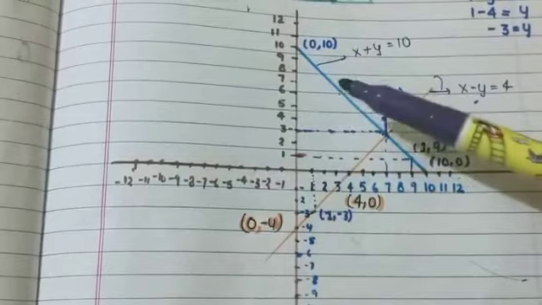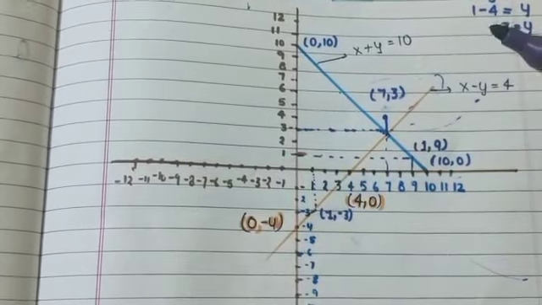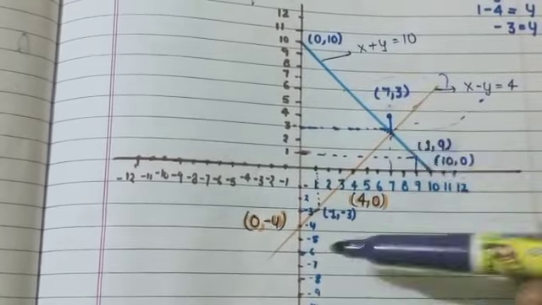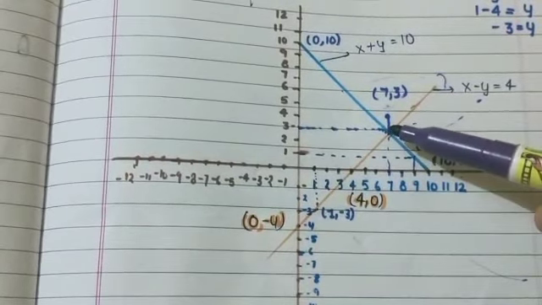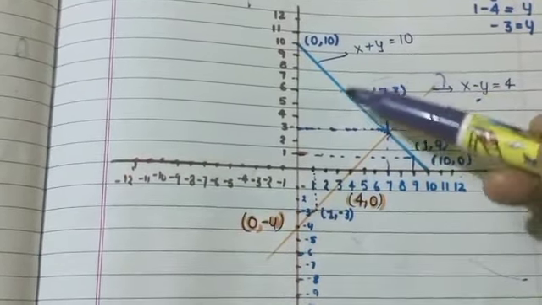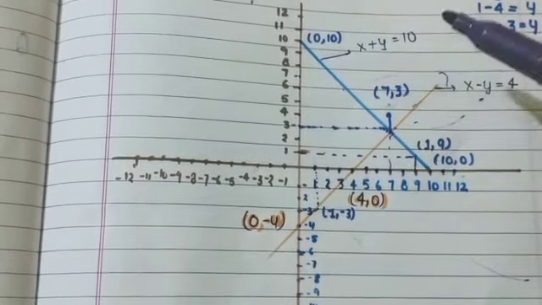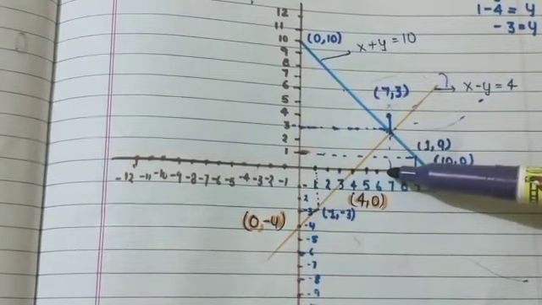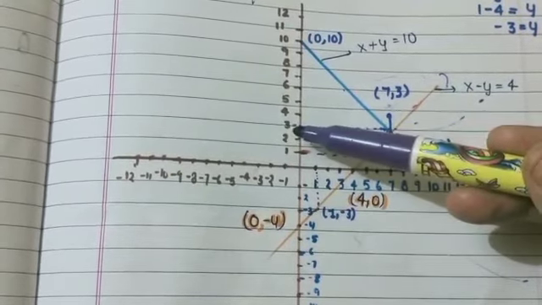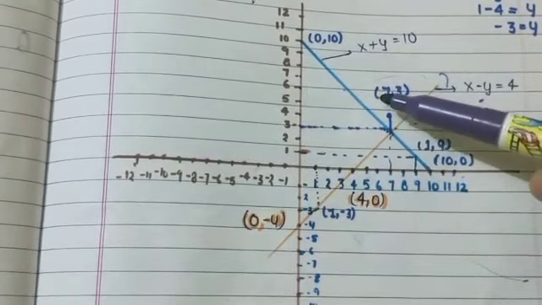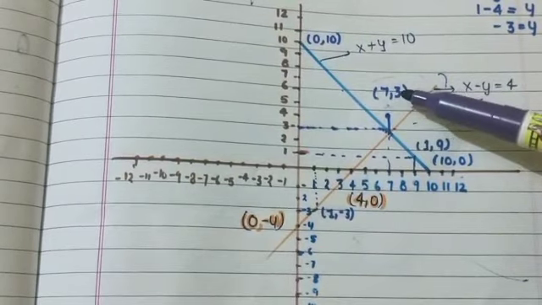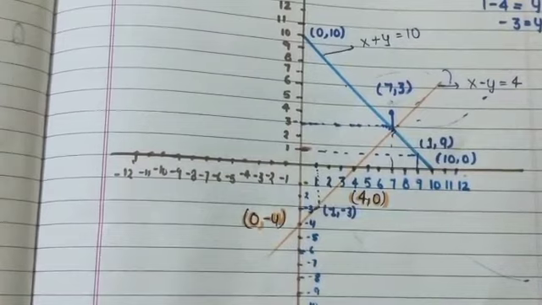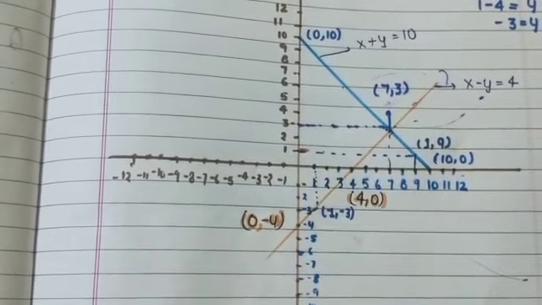So what is the solution of this equation, or what is the solution of this statement? Here the intersecting point of both equations is (7, 3). So we can say that it is the solution of this equation, or the solution of this question. Here the lines meet at 7 on the x-axis and at 3 on the y-axis. So we can say that the number of girls is 7 and the number of boys is 3. So by using the graph, you can easily solve the equation.